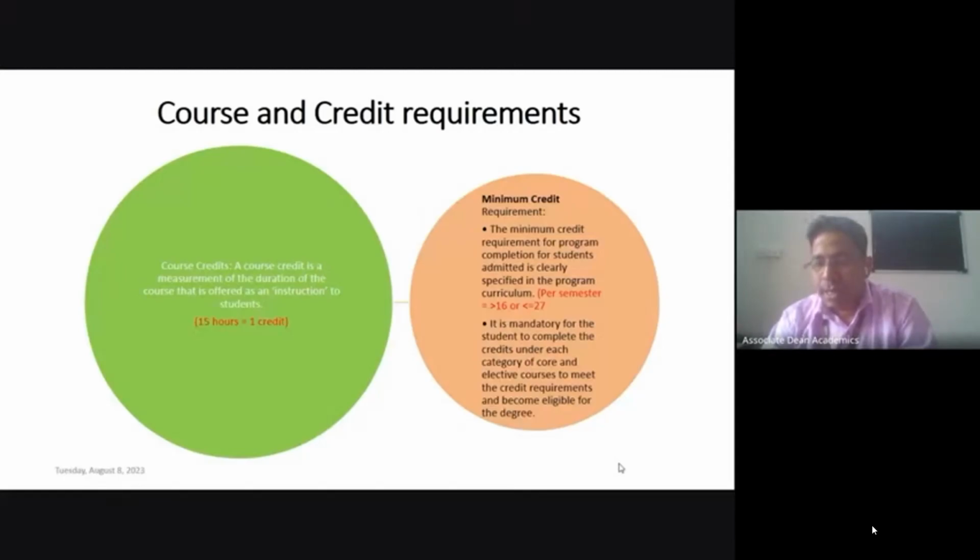Under university core we have natural science core and humanity and management core. Under university elective we have natural science elective, humanity and management elective, and open elective, also known as free elective. For each subcategory, you have to complete the credit requirement.